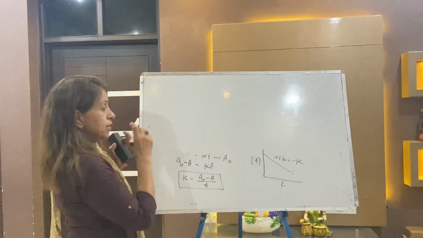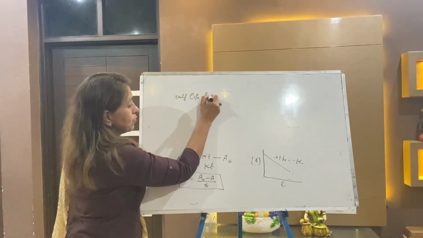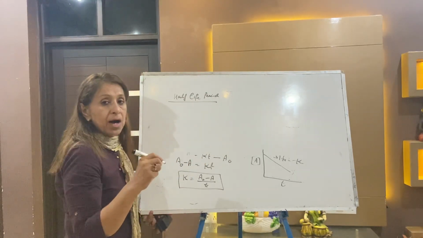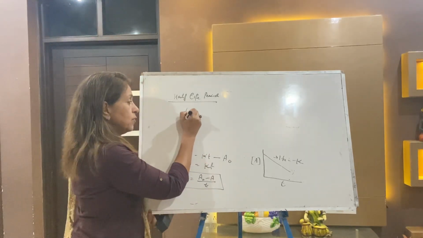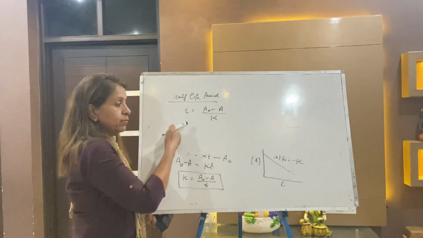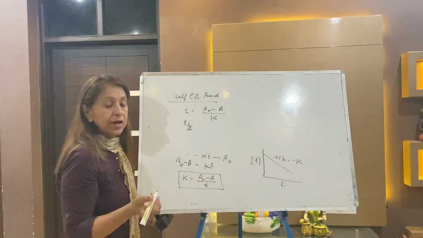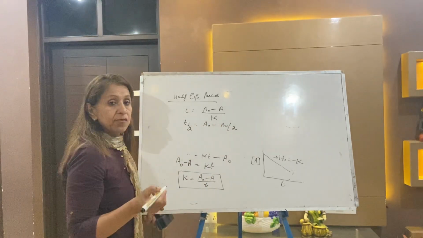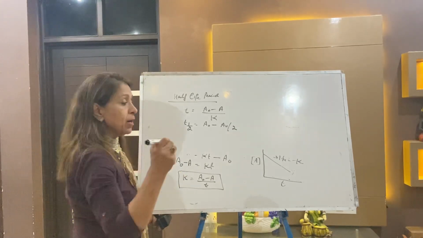After that, the next subtopic is half-life period. Write down, half-life period is the time when the reactant becomes half of its original amount. You can write T is equal to A naught minus A by K, it's one and the same thing. Now write the next step: T half is equal to A naught minus A naught by 2, by K. When the concentration of the reactant becomes half from its original amount.